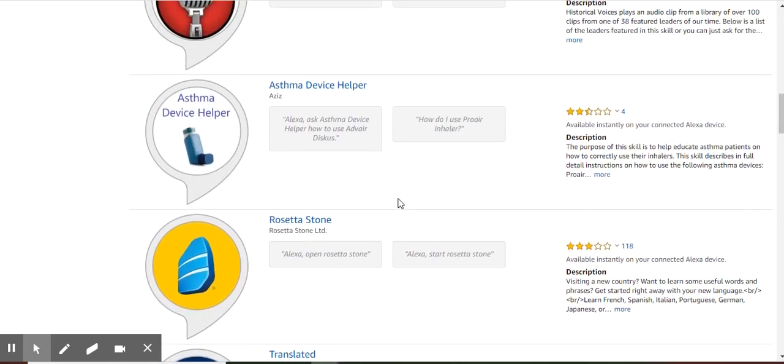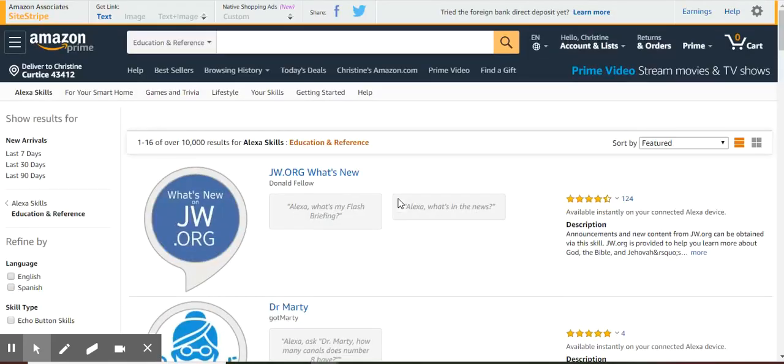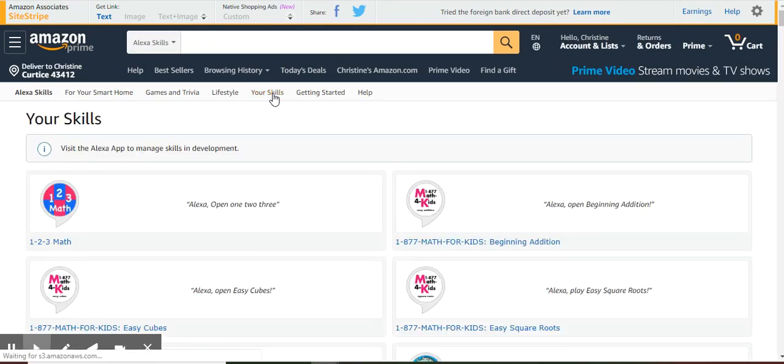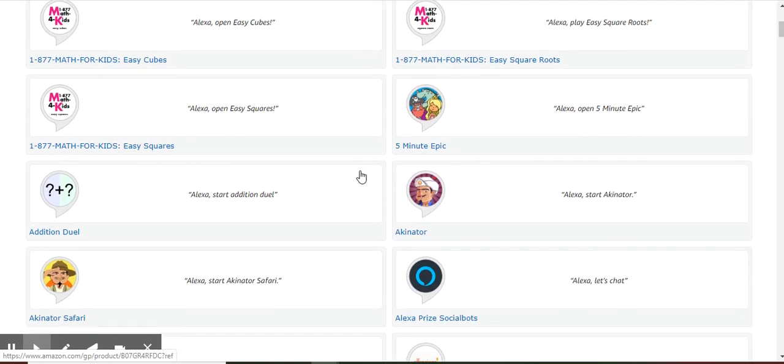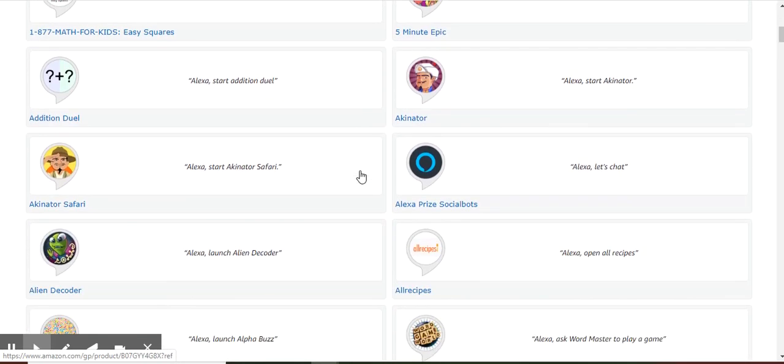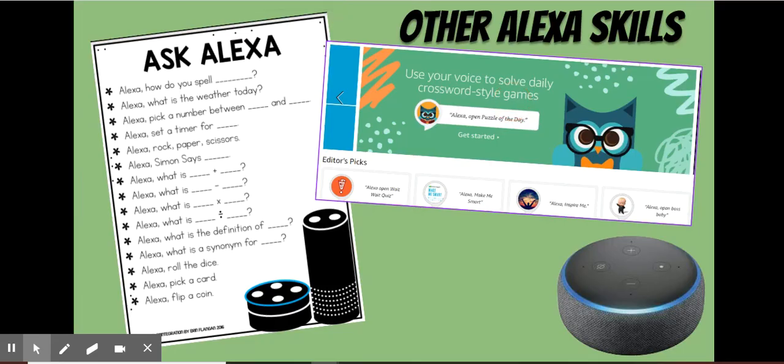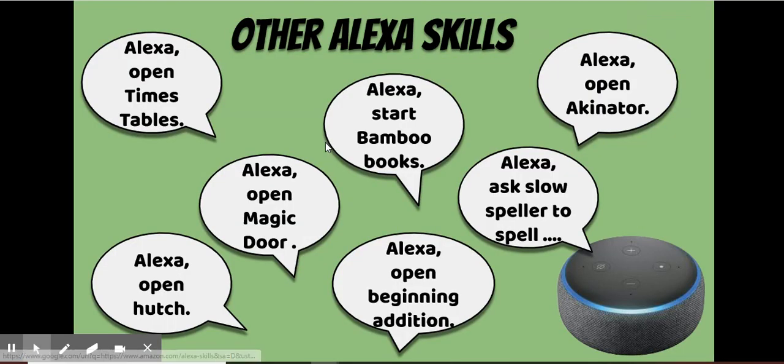As I look through the description or try them out on my device, I can go into and see what are the skills I have already tied to my account. So you can see there's a bunch of different things out there that do correlate right with your standards and with students to be able to use in the classroom. So let's take a look at what some of these are.